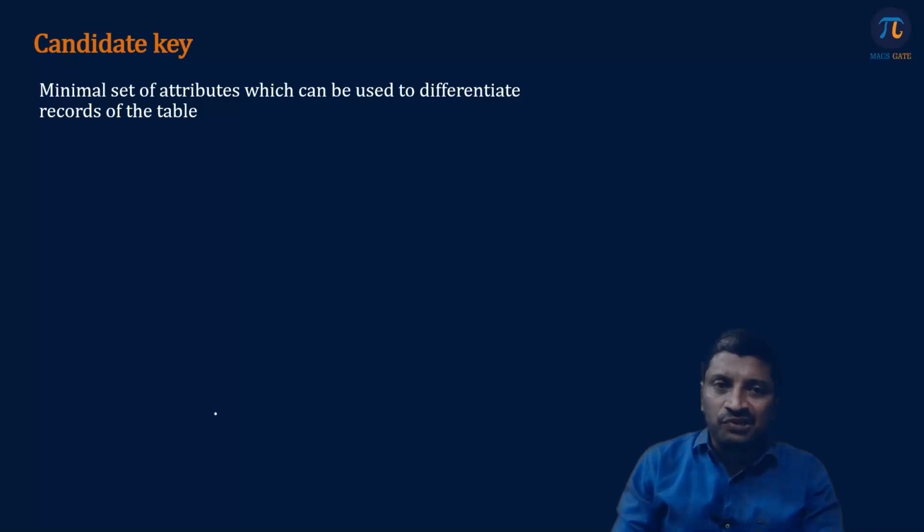The next one is candidate key. What is a candidate key? Minimal set of attributes which can be used to differentiate records of the table. So for example,